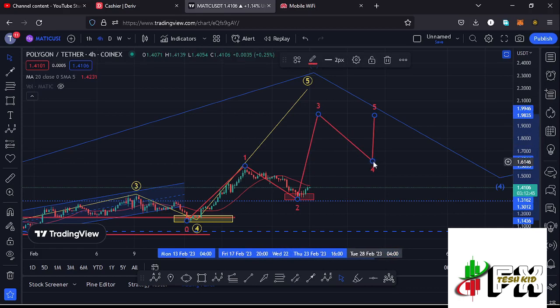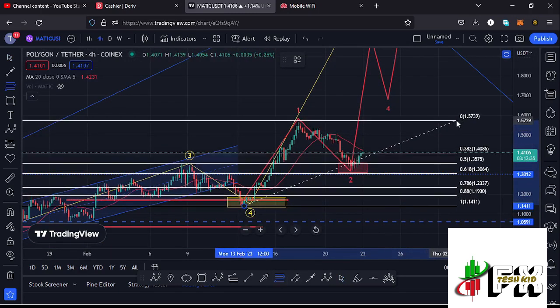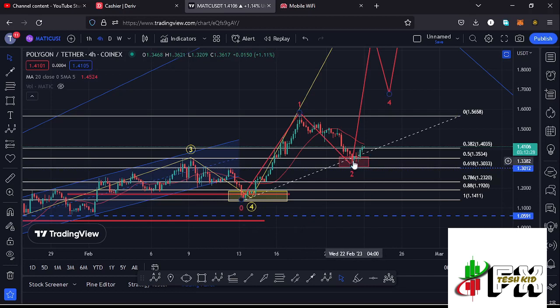And getting to see whether the second wave right here has done the minimum that we expect a wave 2 to do to the lower side, by connecting the Fibonacci's from the low of the first wave down there to the high of that wave 1, that gave me a minimum retracement area in the formation of that wave 2 between the fib level 0.5 and the fib level 0.618, which lies between the $1.3534 mark and the